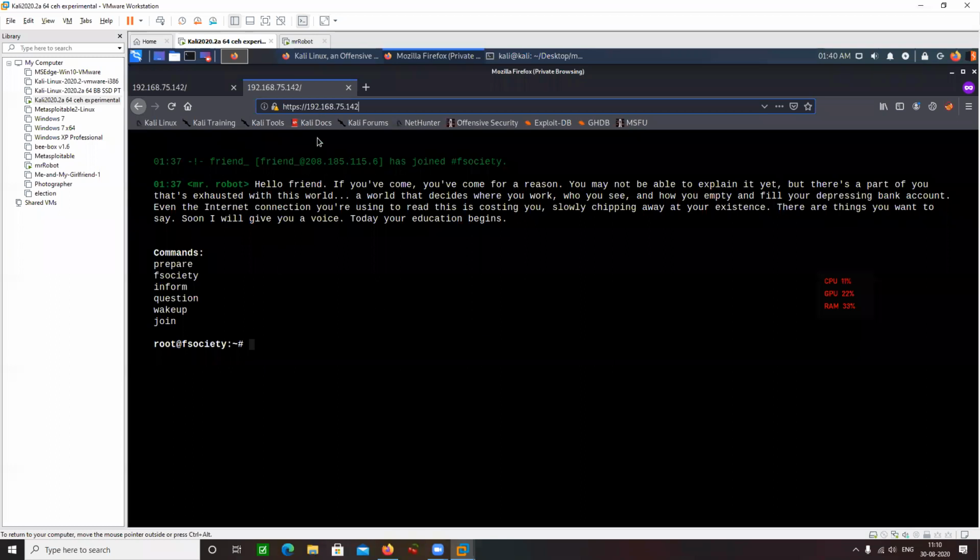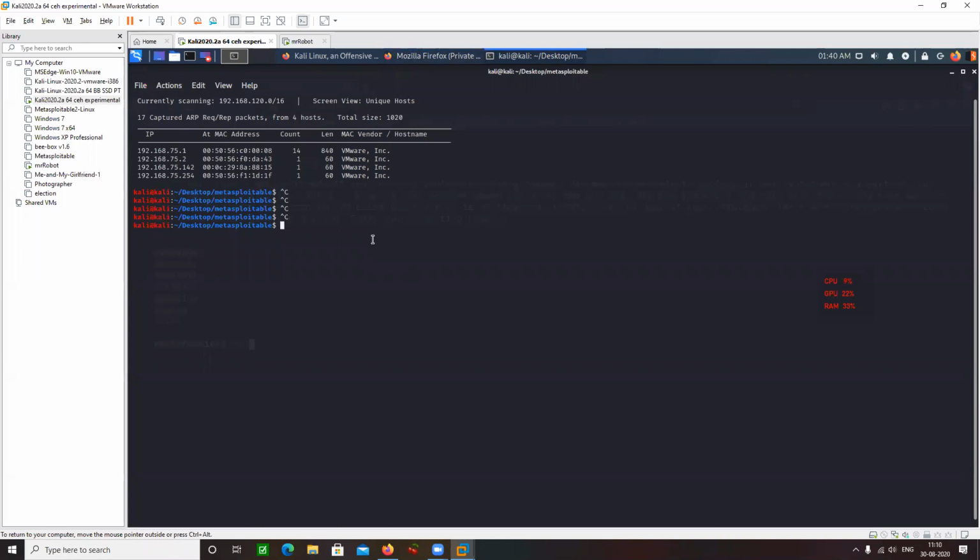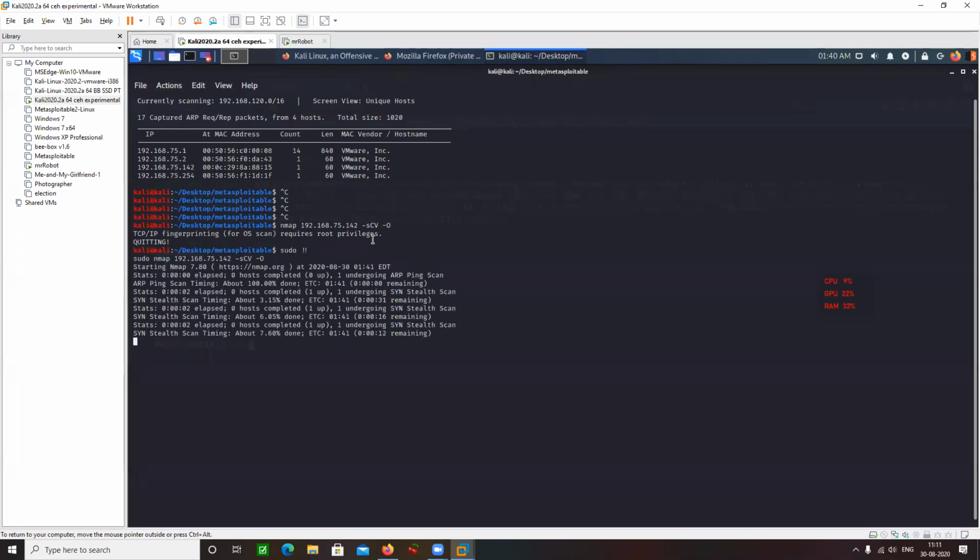Well, getting back here, let's run an extensive nmap scan against it. Target IP address, that is 142, with -sV and capital -O. That's one thing that I want to run.